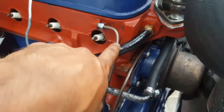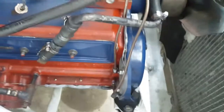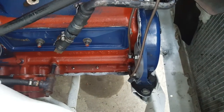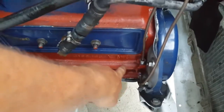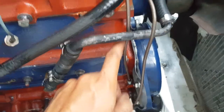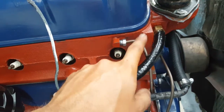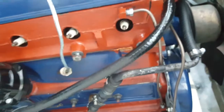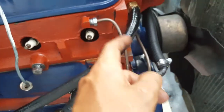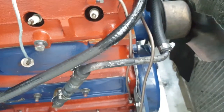Same idea for anti-rust on these lines. So if you watch my other video explaining the lubrication circuit in this engine, what happens is the oil comes out of the main gallery here, and it's supposed to go through the pipe up into the valves here. So this pipe here is fundamental. If you just decide to take this fitting off and put a plug in there, then you're into some big trouble. So these lines, as you can hopefully see, they're kind of copperish in color because they are cupronickel lines,